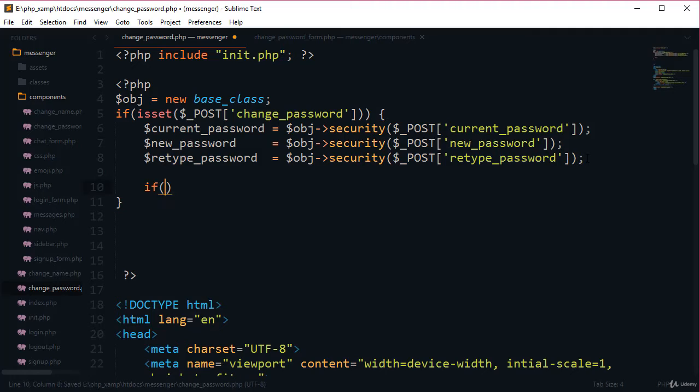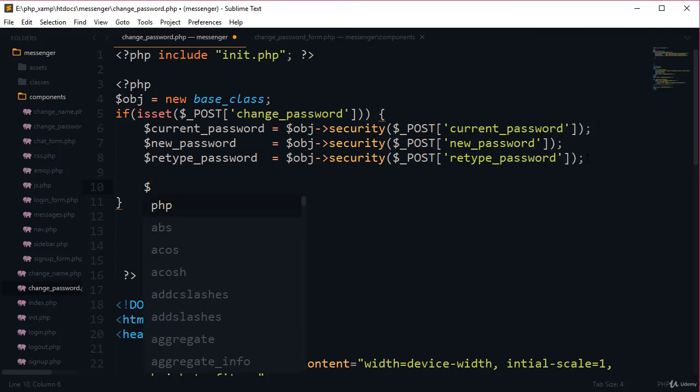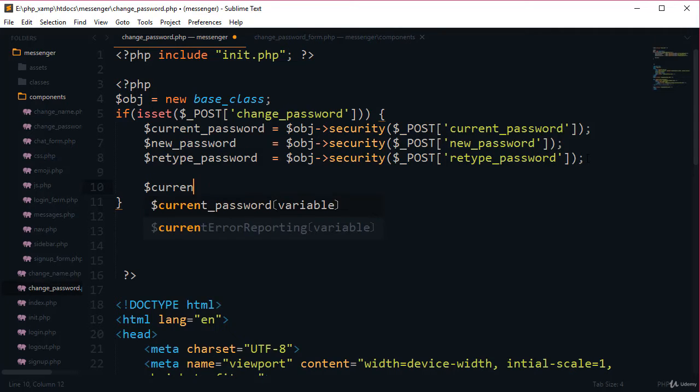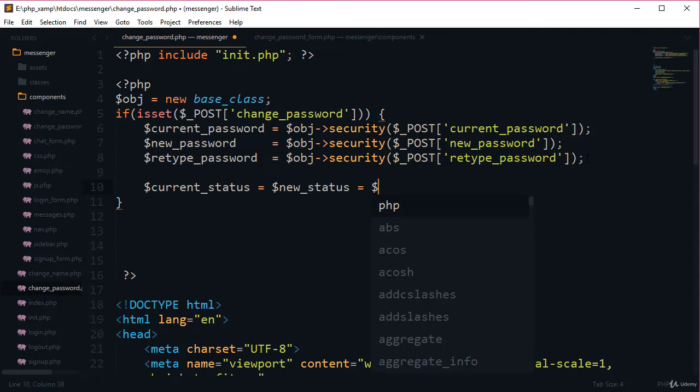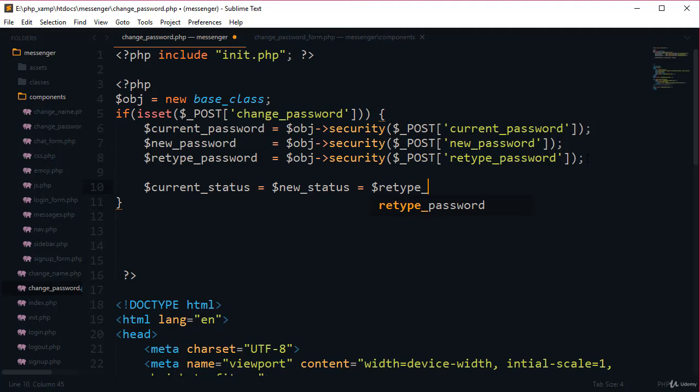Now here if, and here we need to create variables. First of all three variables: current status, new status, retype status, equal to 1.